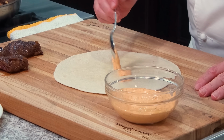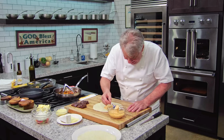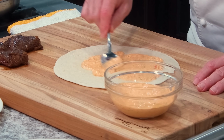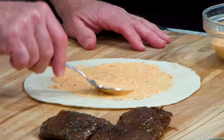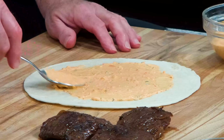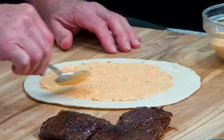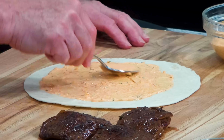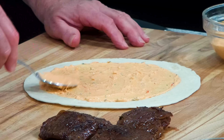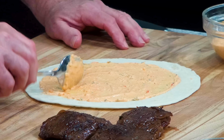Right there, my friends, we're going to put our beautiful aioli with the garlic. Beautiful aioli right there. I don't put it exactly at the end because I'm going to fold it in, you see, and if I put too much at the end right there, it's just going to be a little sloppy, and I don't like sloppiness. It's okay on that side, but not on that side over there, so we're going to put a little bit less right there, friends, all right? And then we're going to put our peppers, and I'm taking my time